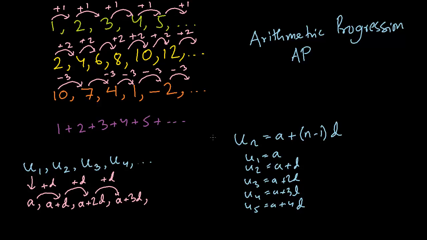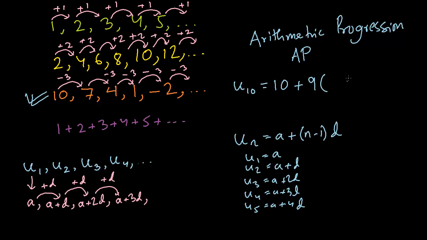So we can take a look at any arithmetic progression, be it a sequence or a series, and figure out any particular term. You don't have to move in a linear way; you can find the position directly. For example, for this one, we want to find what the number would be if it was the 10th term, so u10. It would be the first term, 10, plus n minus 1, which is 9, times